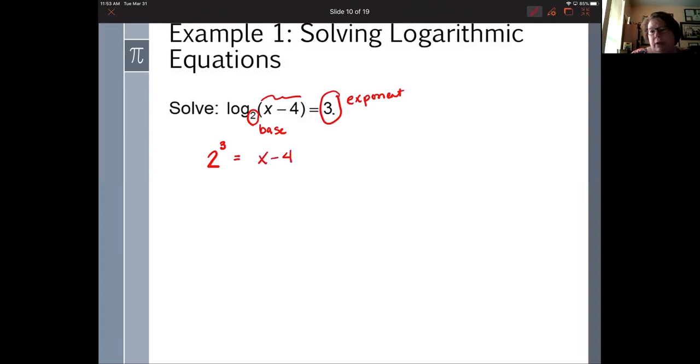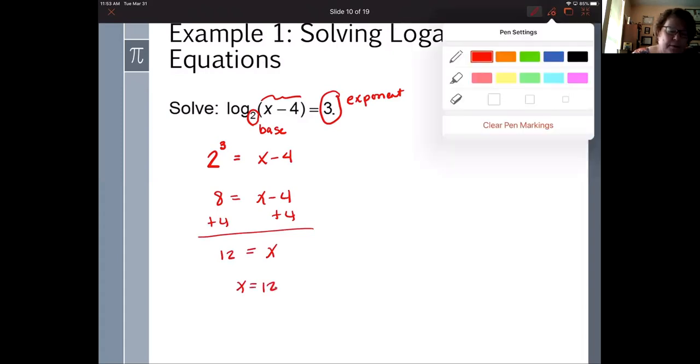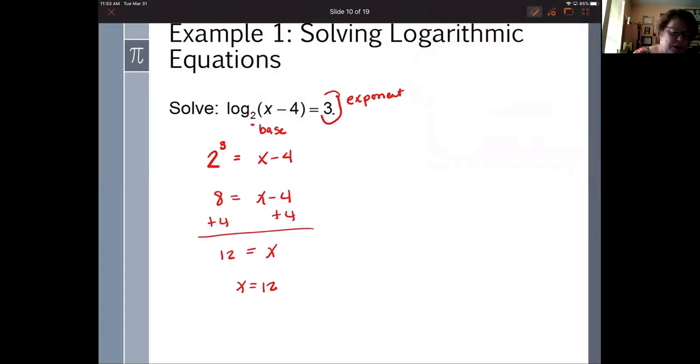Simple linear equation to solve. 2 to the third is 8. Add 4 to both sides, and I get x is 12. All right, I'm going to do a quick check. I'm going to go up here and erase what I've written over here so we can see the original equation. I'm going to do a real quick check